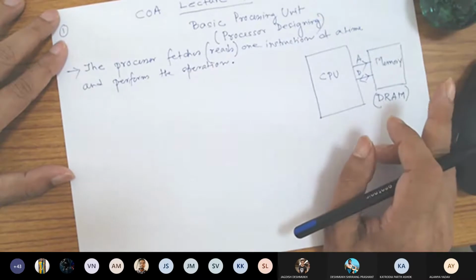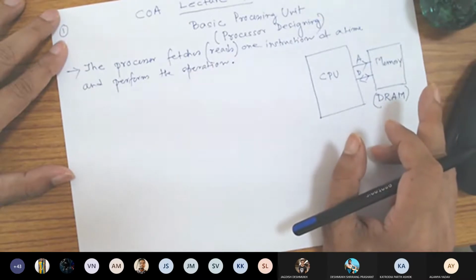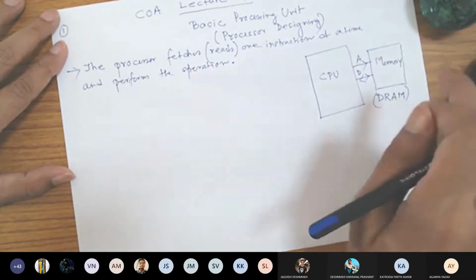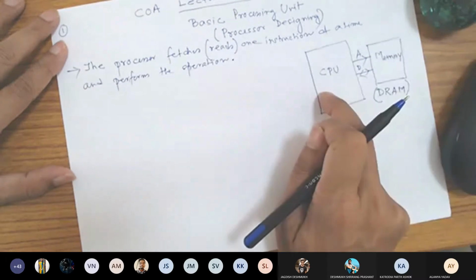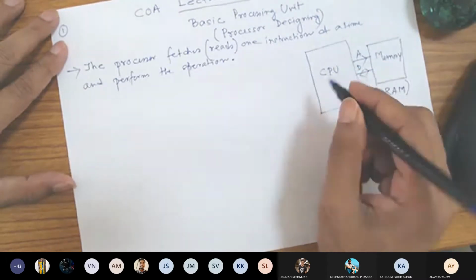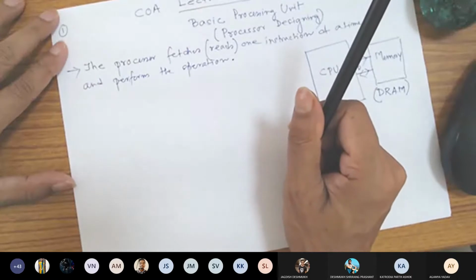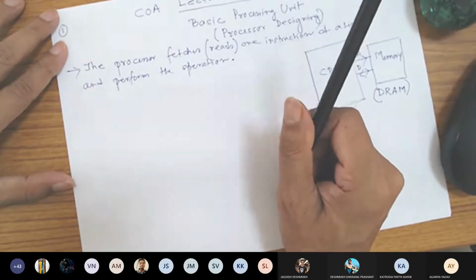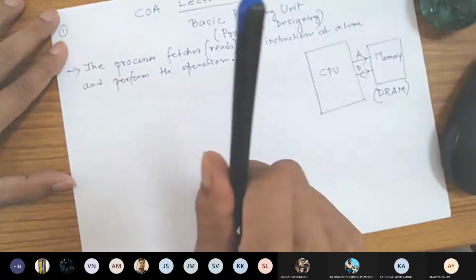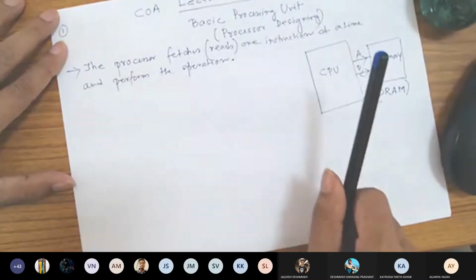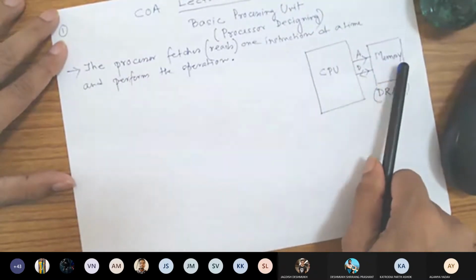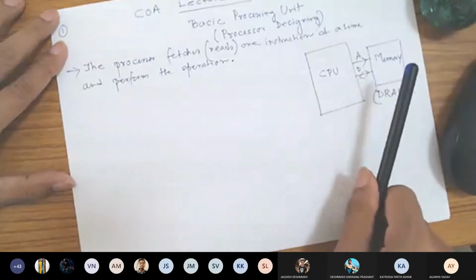As he pointed out, it may take hundreds of clock cycles to fetch one instruction from memory to the CPU, whereas the CPU can execute one instruction in one cycle. So one instruction is issued to the CPU per cycle, whereas bringing one instruction from memory takes hundreds of cycles.